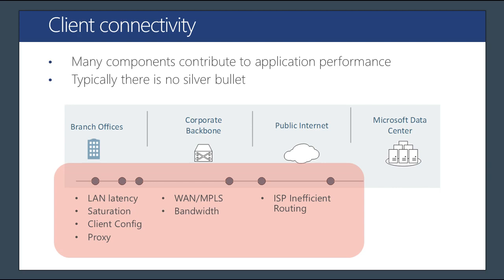are other third-party tools like ThousandEyes that can really help you analyze how many hops it takes from a user's location to reach the Microsoft data center, and what is the latency at each of those hops. So you can work closely with the IT team or the network team within your organization and with your ISP to really try and reduce that latency and optimize the routing to the Microsoft data